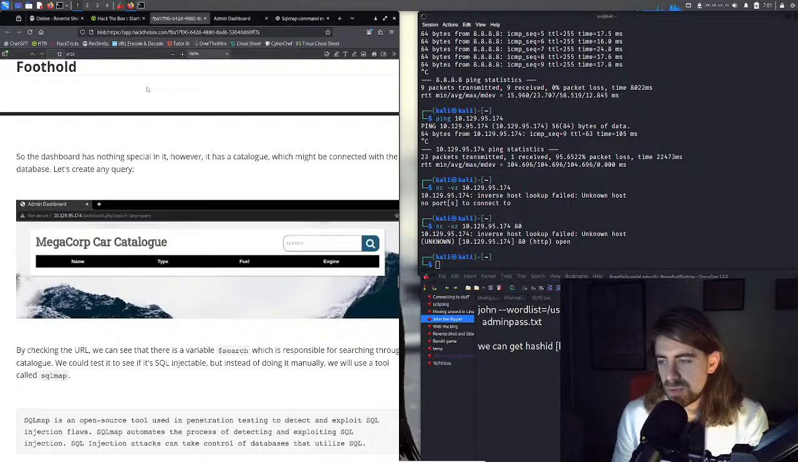SQL Map is an open source tool in penetration testing to detect and exploit SQL injection flaws. SQL Map automates detecting and exploiting SQL injection. A SQL injection attack can take control of a database that utilizes SQL. Okay, so, folks,